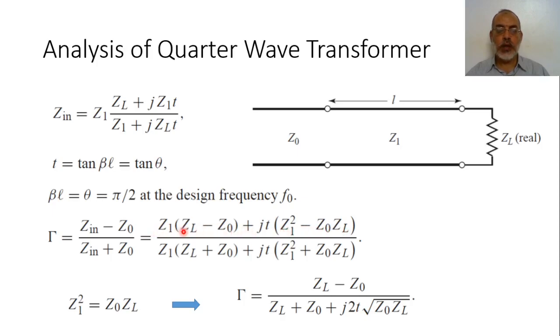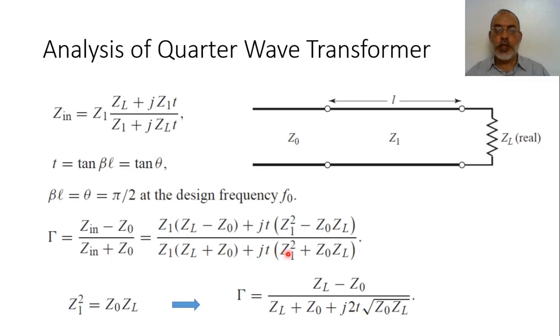Now we have Z1 multiplied by (Z load minus Z0) over Z1 multiplied by (Z load plus Z0) plus jT Z1 squared, which can be replaced by Z0 ZL plus Z0 ZL. So this actually can be represented as 2 Z0 ZL. Right? And we can divide both the numerator and denominator by Z1. So this would be (ZL minus Z0) over (Z load plus Z0 plus jT